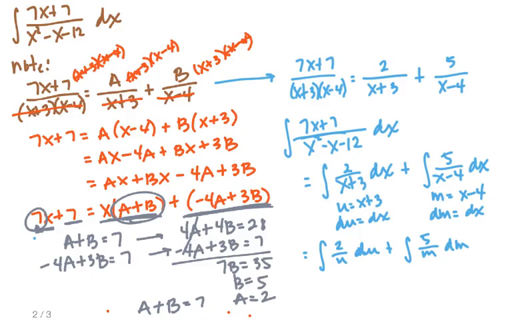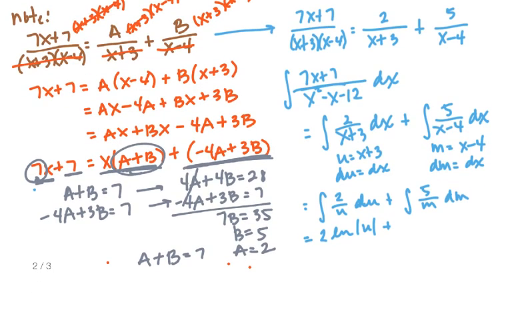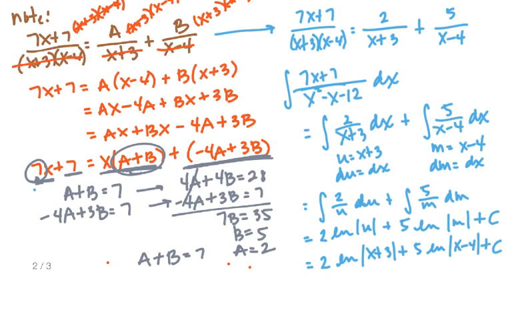So we have the integration of 2 over u du plus the integration of 5 over m dm. Well, 2 over u integrates as 2 natural log absolute value of u plus 5 over m integrates as 5 natural log absolute value of m plus c. So we have 2 natural log absolute value of x plus 3 plus 5 natural log of absolute value of x minus 4 plus c. The absolute value bars are important because when you do the integration of 1 over u, you get natural log